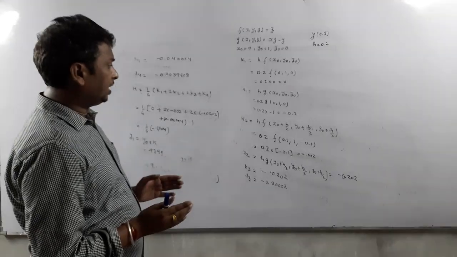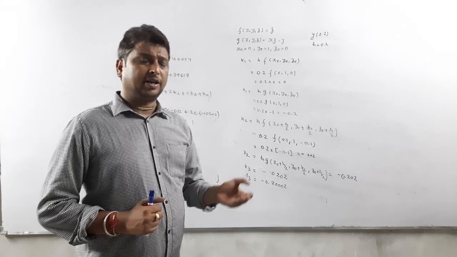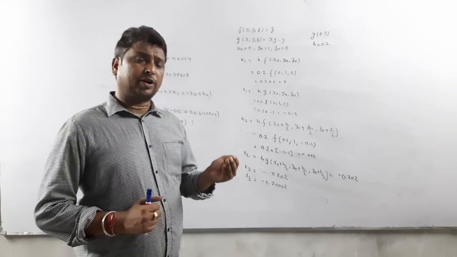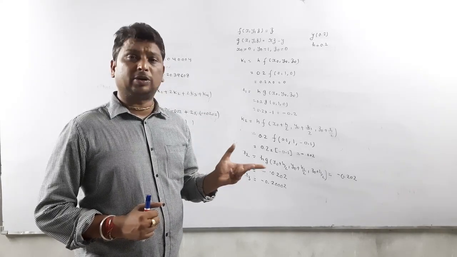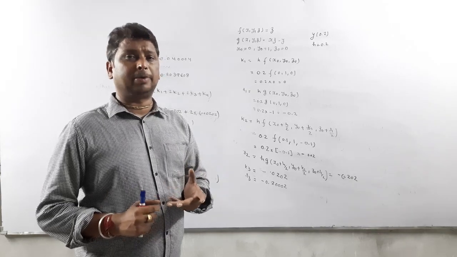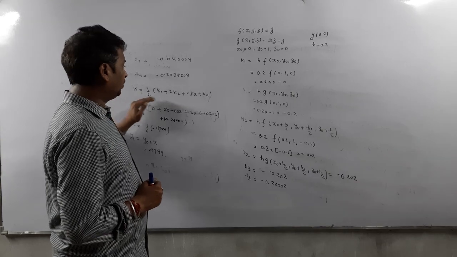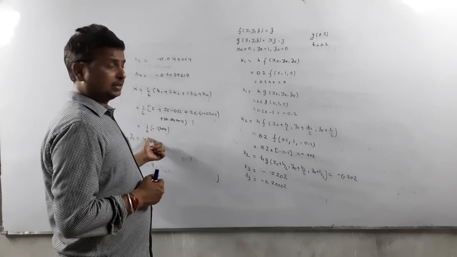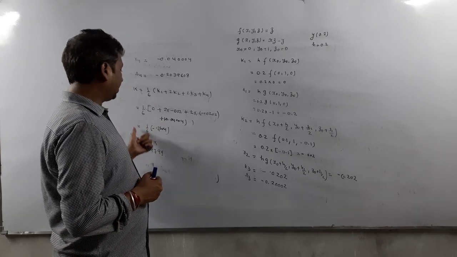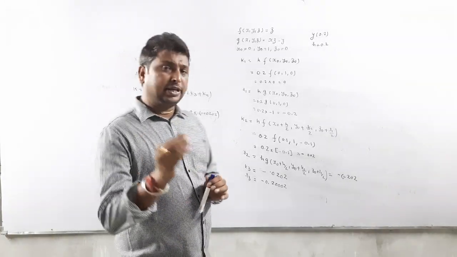So nothing is there, just a very simple procedure. You have to calculate f and g and the initial values. Once you have that, just put in the formula. The formulas for K1, K2, K3, K4, L1, L2, L3, L4 are the same as in the Runge-Kutta fourth order method. We just have 3 variables, so we introduce 1 more variable. Once you have calculated all, find the K value, which is the same as in Runge-Kutta fourth order. Just put in the values and calculate K. Once you know K, what is Y1? Y1 is Y0 plus K, and that's all. So easily you can finish this.